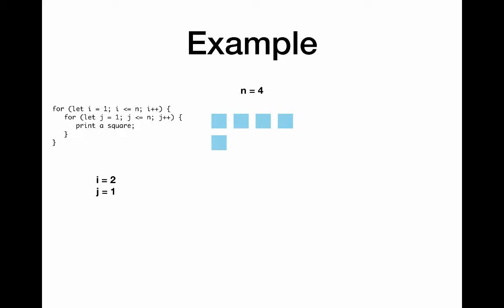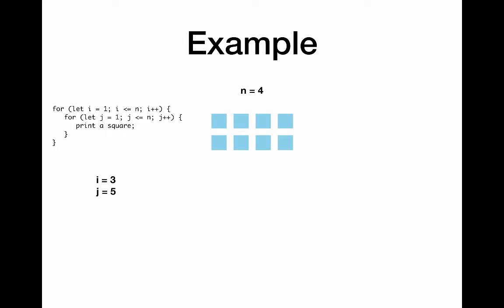J++ from the inner loop. Remember, the outer loop I is still stuck at 2. It will stay stuck at 2. But the inner loop is 1. We do a plus plus and get it up to 2, which is less than or equal to 4, so we print another square. J++, J goes to 3, print a square. 4, print a square, until J++ up to 5, which means the inner loop is done again, which means the second run through of the inner loop is done, which means the outer loop can now execute its I++,